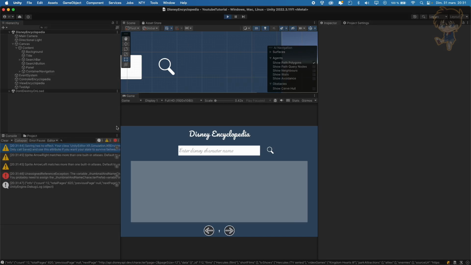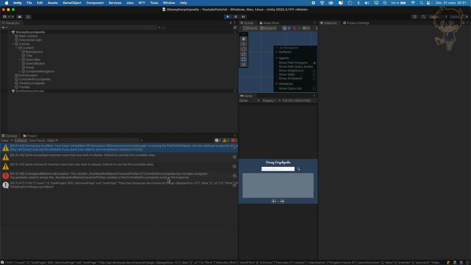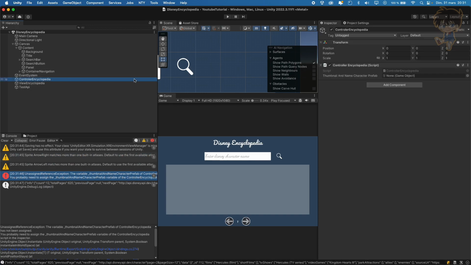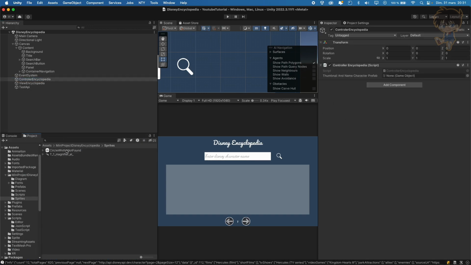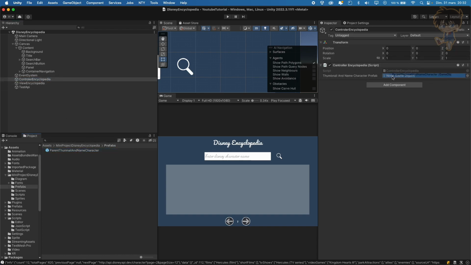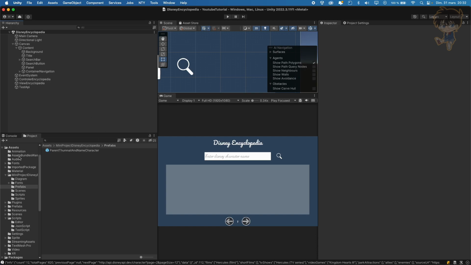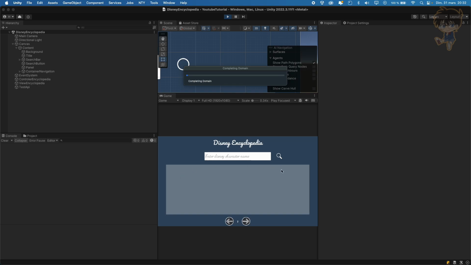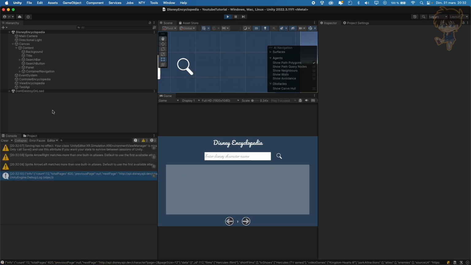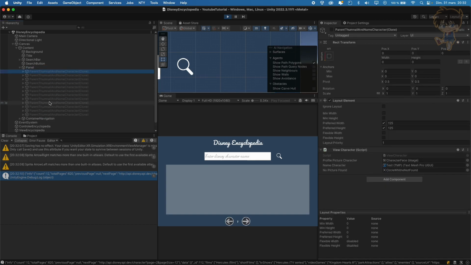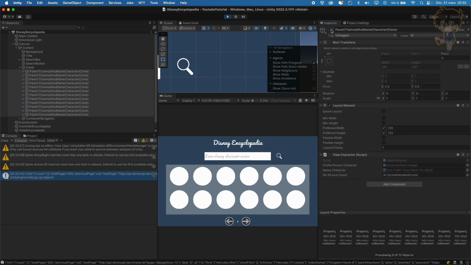Basically, it will instantiate. So I got a null ref. Oh yeah, I forgot to add the prefab. So let me fix it quickly. Let's add the prefab again, and let's drag and drop this inside like this. Now we can save this, and if I hit play, you will see basically all the characters instantiate. So we can see in the panel here all our prefabs, if I may say, of our